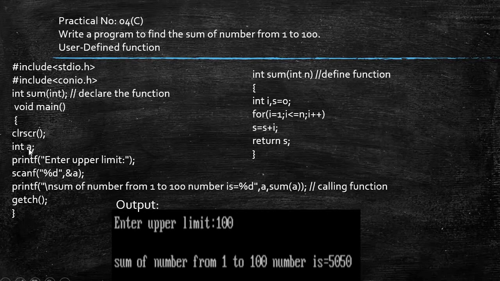Over here, through a variable, the user can enter the upper limit, that is, the maximum number limit the user is entering. Now after that, through the printf statement, this statement will print as it is. I want to print the number which the user will enter, as well as I want to find the sum of that particular number. Now over here you can see we have just declared the function and we are calling that function.